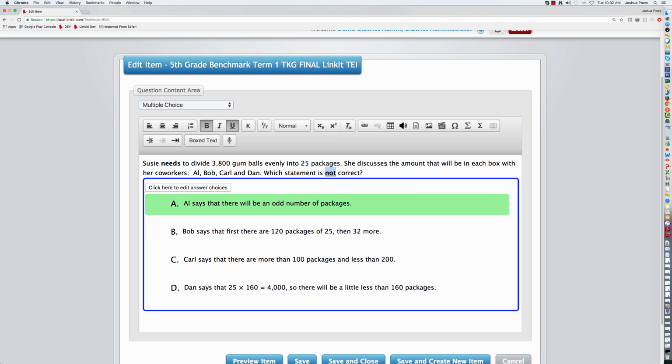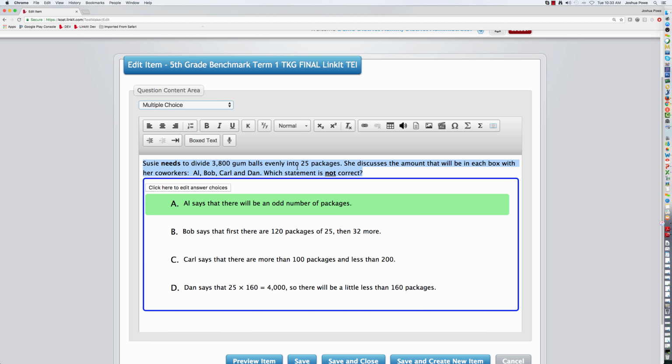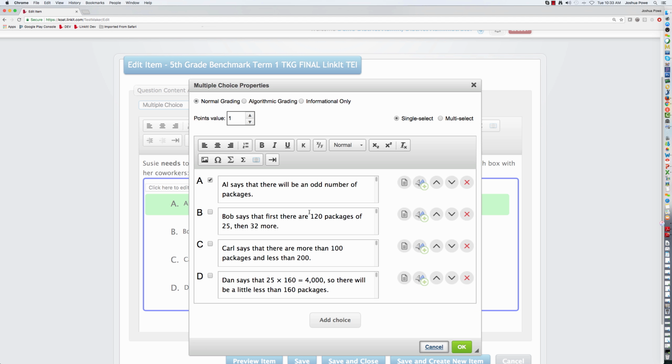This platform also supports cut and paste. I can import images, passages, video, and audio files as well. I can also easily change the size of the text and edit the answer choices as well. I can also change the point values on any item if I want,